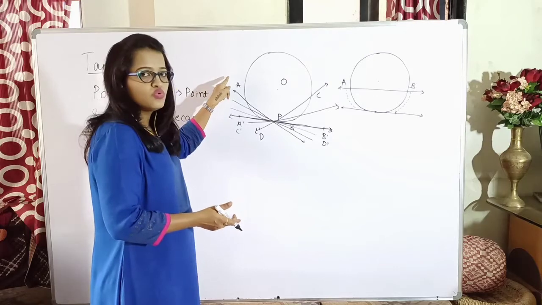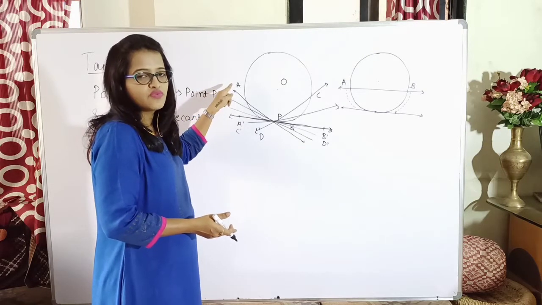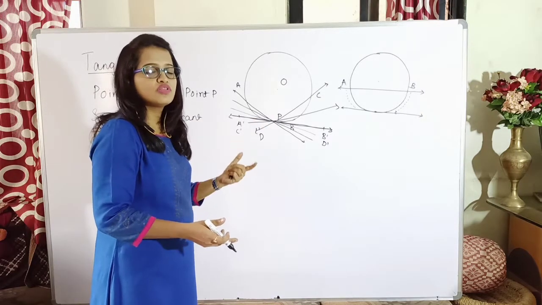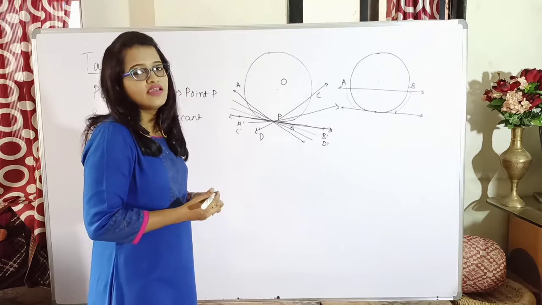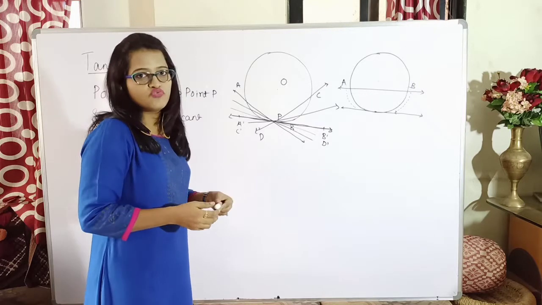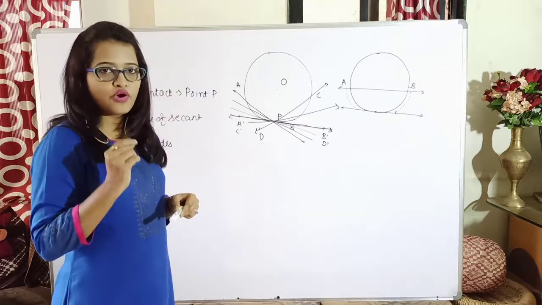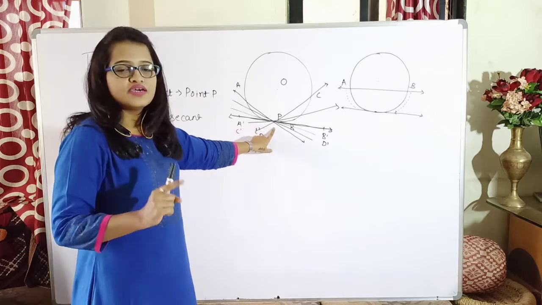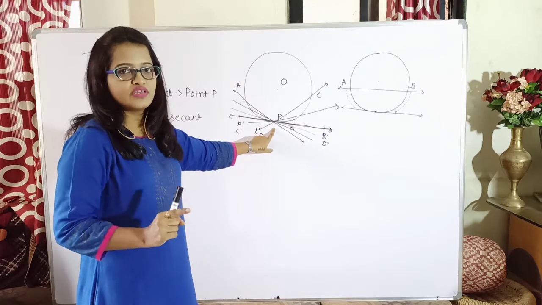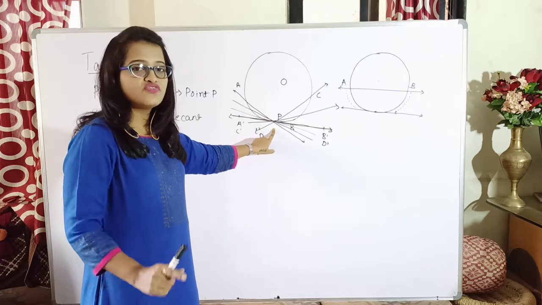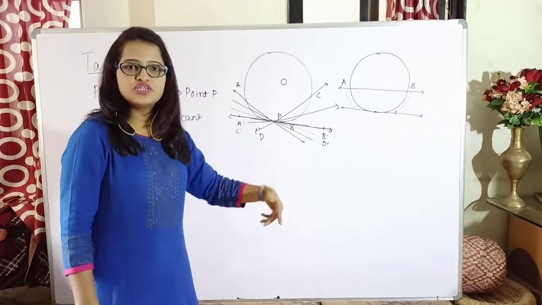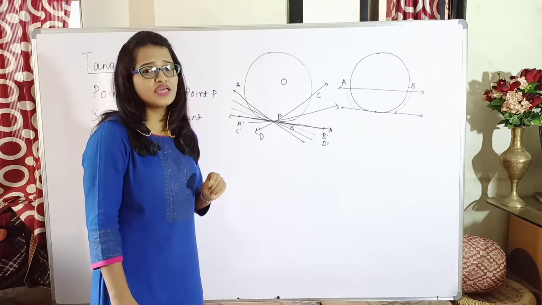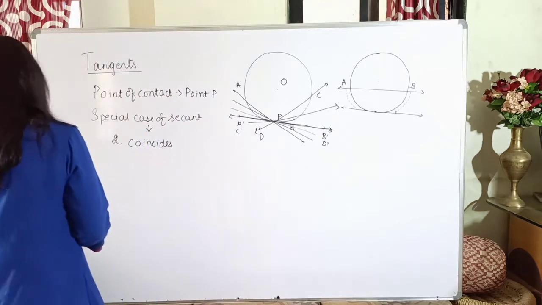So even though I had drawn the two lines in two different directions, once I move them to make them tangents, both lines coincide and are actually the same line, which is the tangent at point P. From this we can conclude that from a point you can always draw only one tangent. From point P, a tangent to the circle can be only one. You cannot draw more than one tangent from the same point. From another point you can definitely draw many tangents, but from the same point you can always draw one and only one tangent.